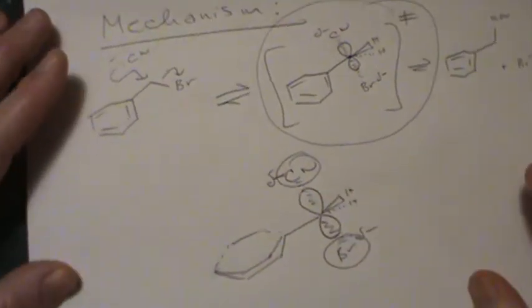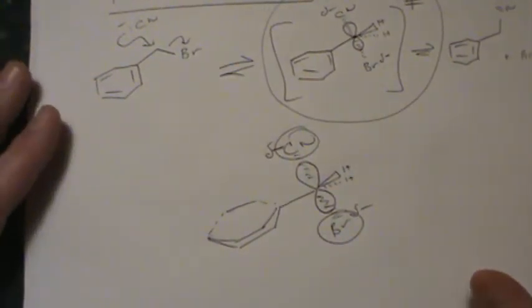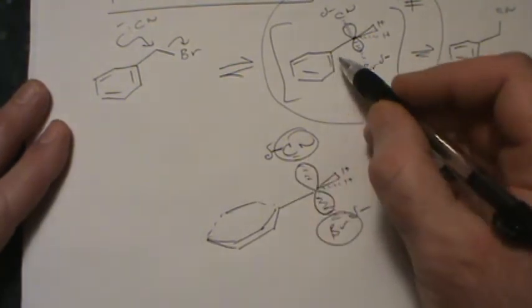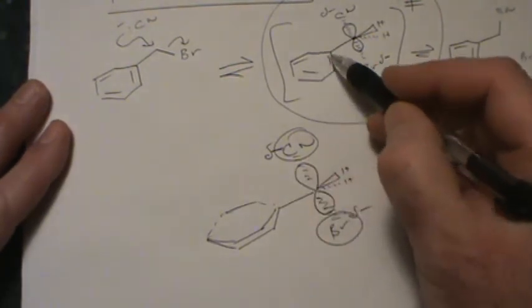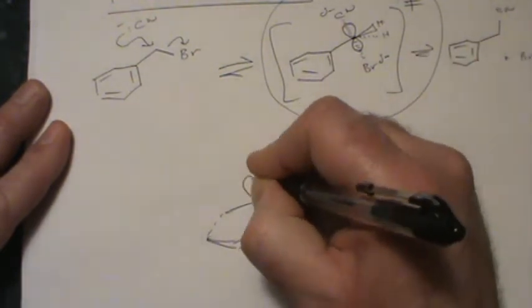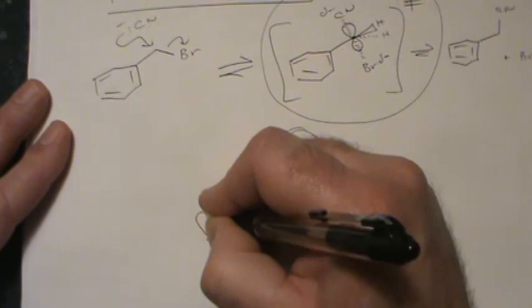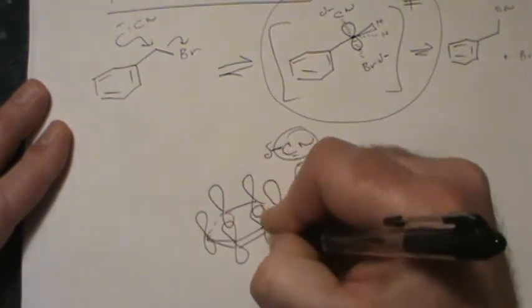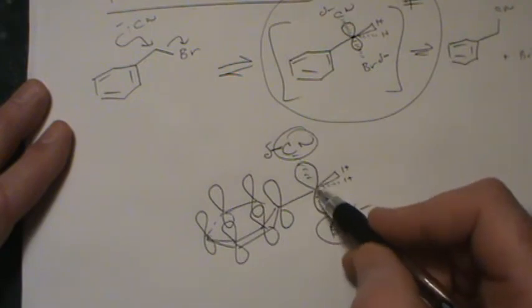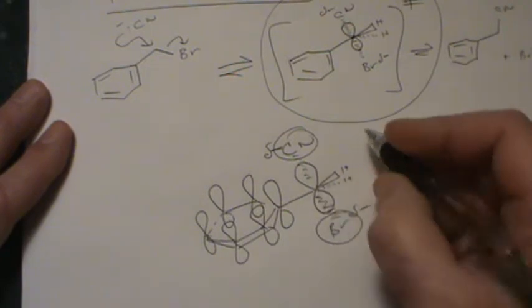And when I do that, the advantage of doing that is that now I can see exactly where those p orbitals are. Remember, this is a benzene ring which has got all these pi bonds. Every single carbon here is sp2 hybridized. So there's a p orbital at every single carbon. And there they are. And what you notice is that at the transition state,